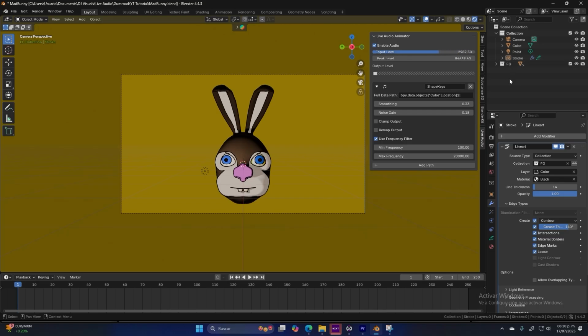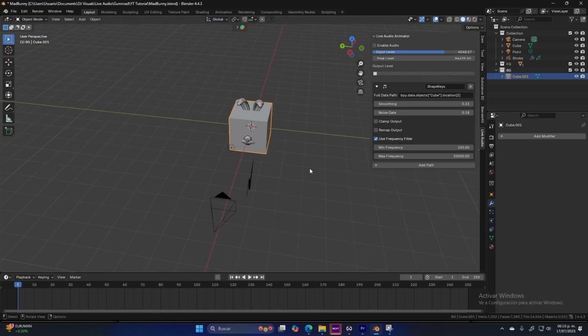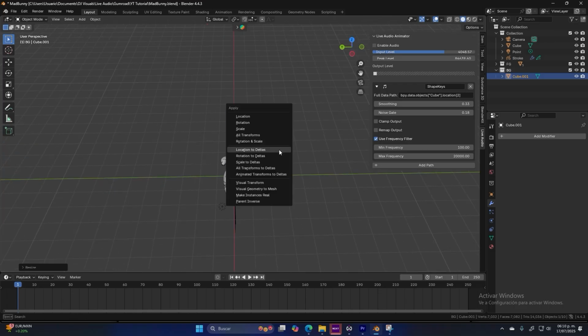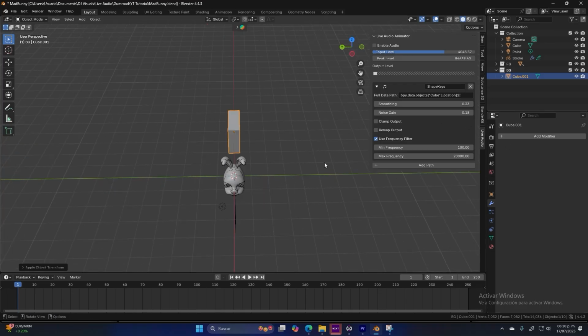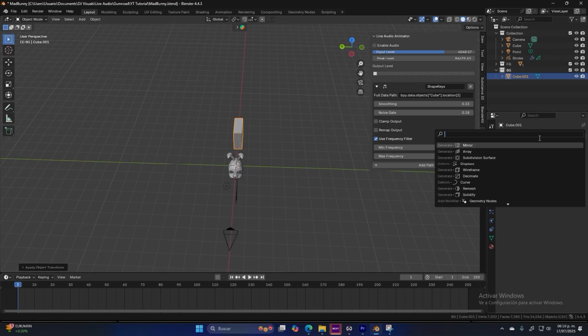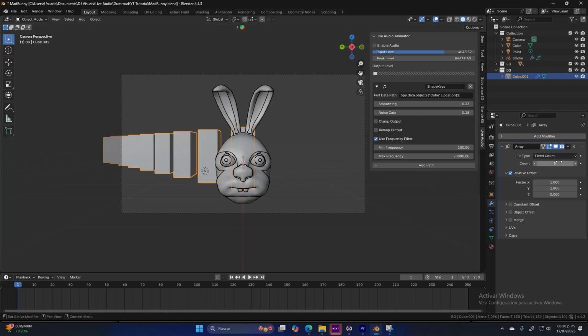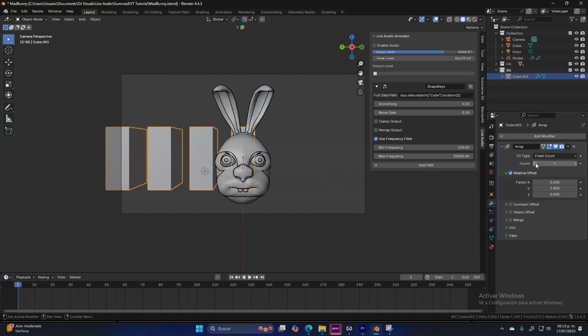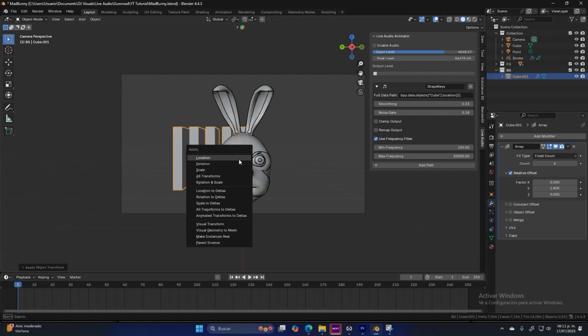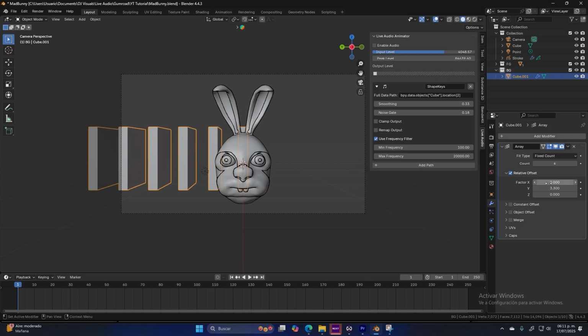We can have something in the background. Maybe I'm gonna make a new collection. Call it background. We added cube. Apply scale. And add an array modifier. And let's make it along the y-axis. Something like this, maybe. How many do we need? Okay, I like it. I like how it's looking,